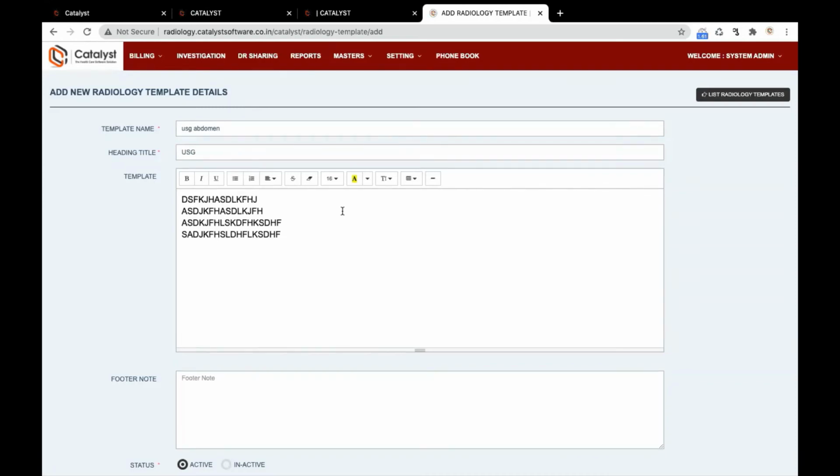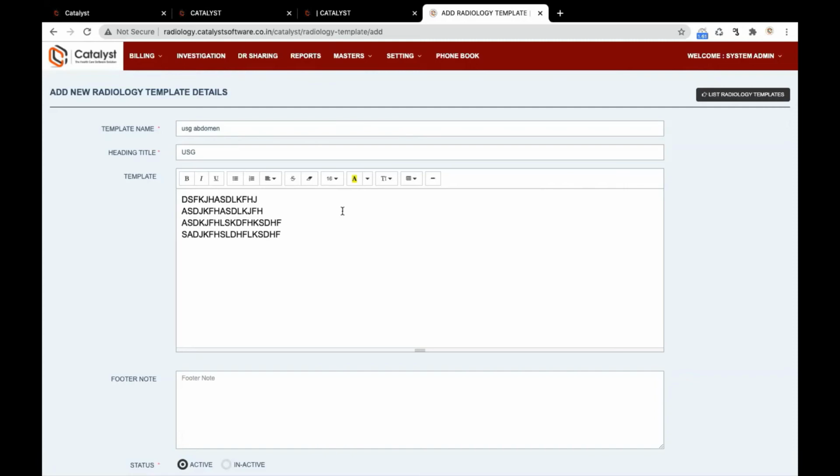Sir, if you have your own predefined templates already prepared in Microsoft Word or anything else, you can give them to us. We can insert them in this software. I hope that you will have your predefined templates already. Most radiologists have their own predefined templates. One more thing, sir.